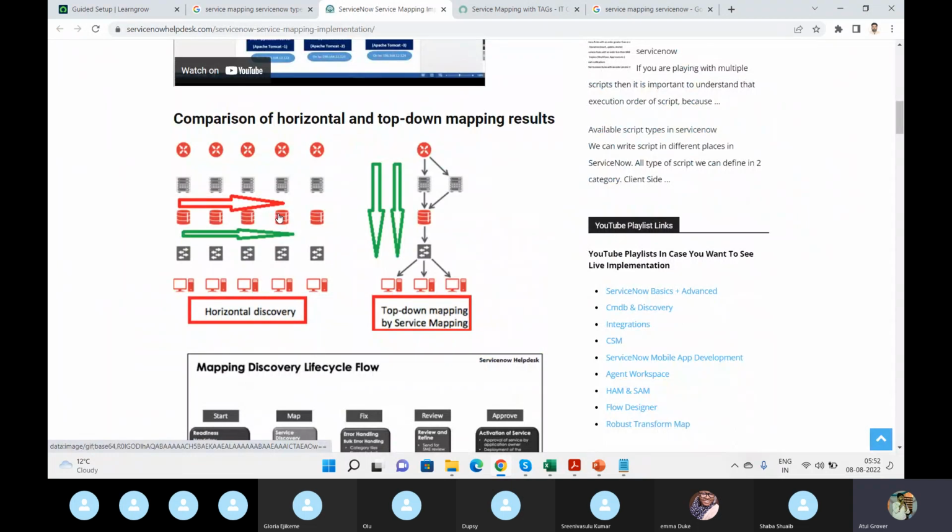Sorry, I was going wrong. Horizontal means like in this format. Vertical means this relationship needs to be built up completely. Horizontal, I'm just finding the components: that it is an application service, it is a business service, it is a net router, it is a laptop, it is a server. But in this